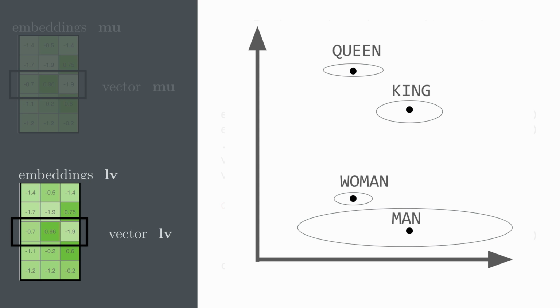Well, it's a variance, so I can start to visualize it, and it might look like this, right? So instead of points, I now have ellipses around this stuff, and this is now describing a probability distribution for the vector for the word man. And it's interesting, right? So right here, that ellipse for the word man is much, much larger than it is for woman, for king, and for queen. And why is that? It's because the word man here is used in a bunch of different contexts.